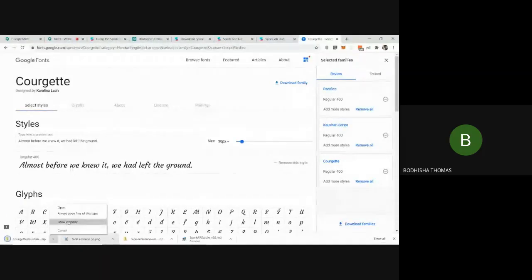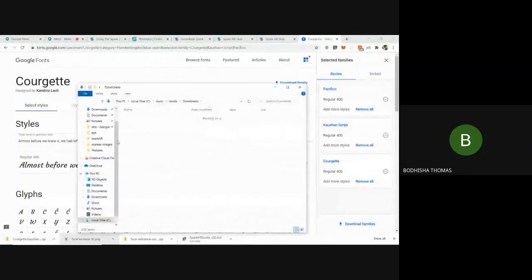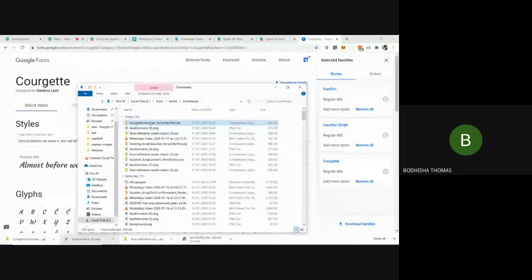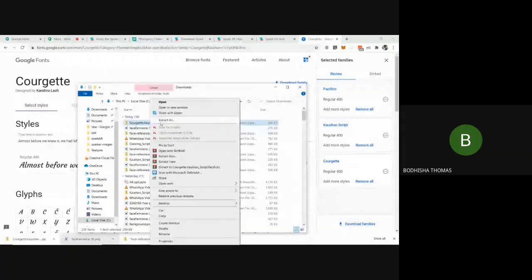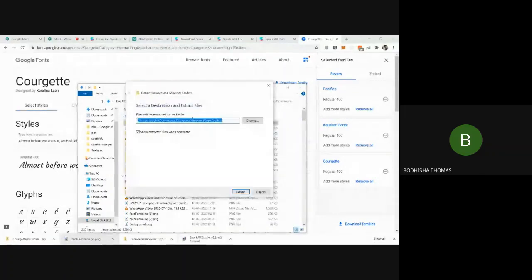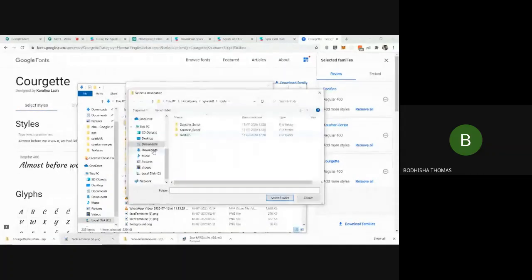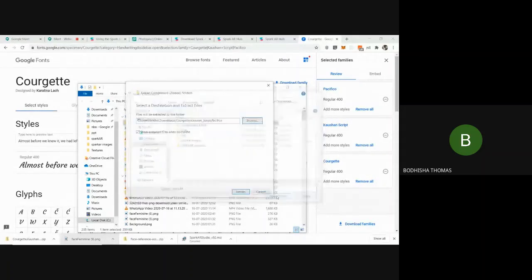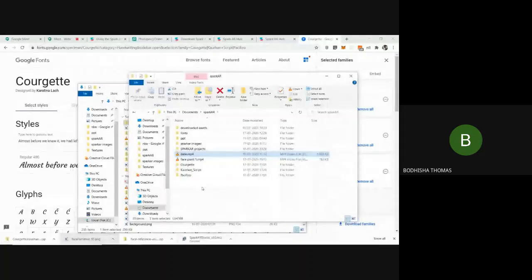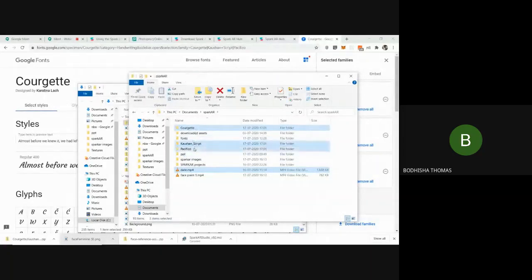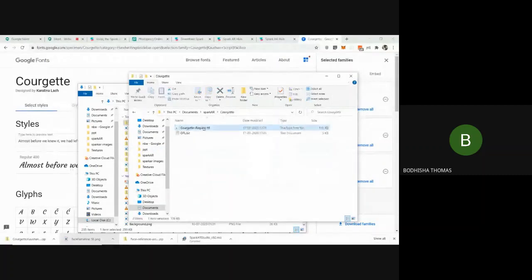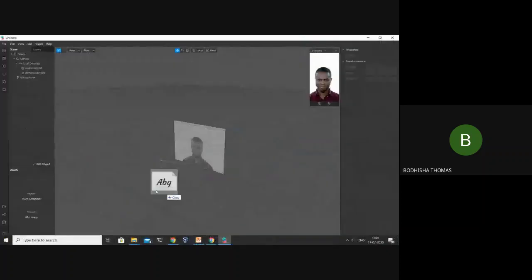Once it is downloaded, you can extract it to here. So you can see the 3 fonts. You can drag and drop them to our assets panel. Now we have this one font.